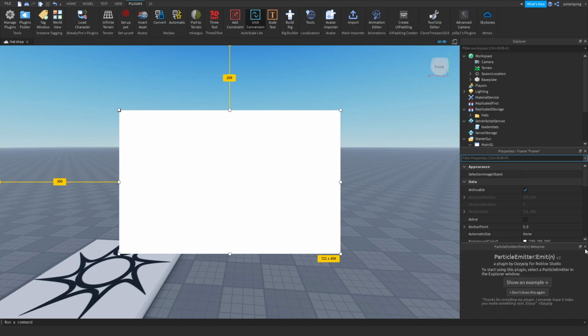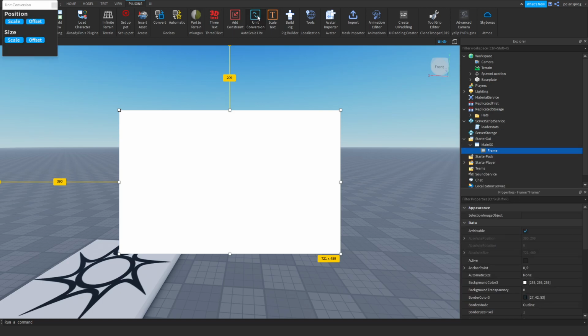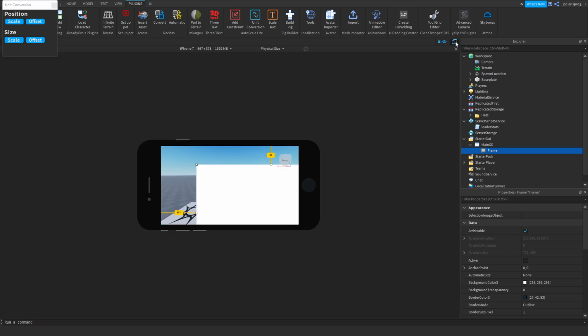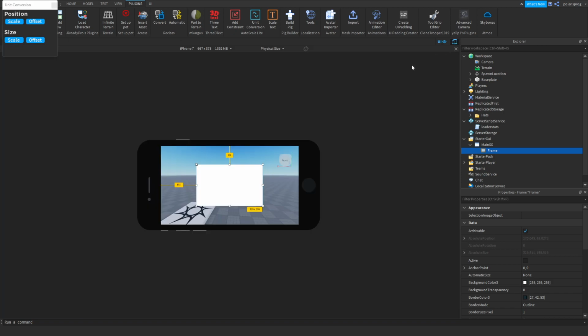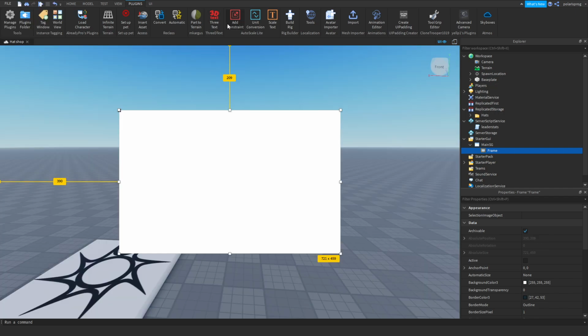Now what this does is basically, when it's offset, okay, let me just put this back to offset. If I go to a mobile view, as you can see, it looks like this, and this is very bad. We want this to be scale, and if we just press scale, as you can see now it's resized correctly. Now you should also add a constraint, but I'm not going to be doing that yet until I'm done with